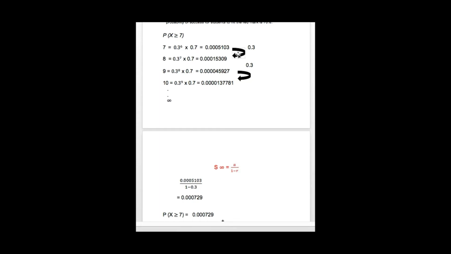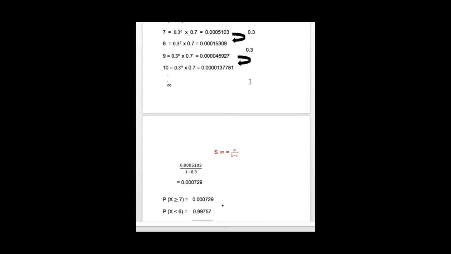The common ratio is what we multiply each number by, which is 0.3, 0.3, 0.3. This is the first number and this is the common ratio. And then we got the answer,